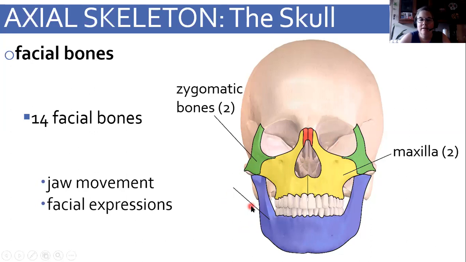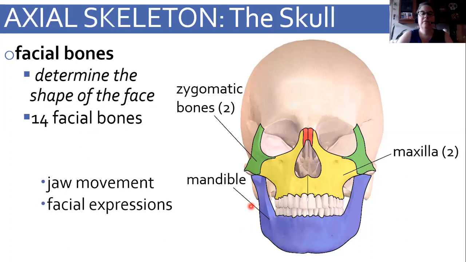And then the last one here is called the mandible. The mandible is this bone here, where we chew. So facial bones, what are they for? They help to determine the shape of the face. There's a whole industry of individuals who use bones and do measurements based on the age of the individual, etc., to pad fat, and then use that to come up with what the face of an individual looks like in order to try to identify them. So facial bones determine what our face looks like.